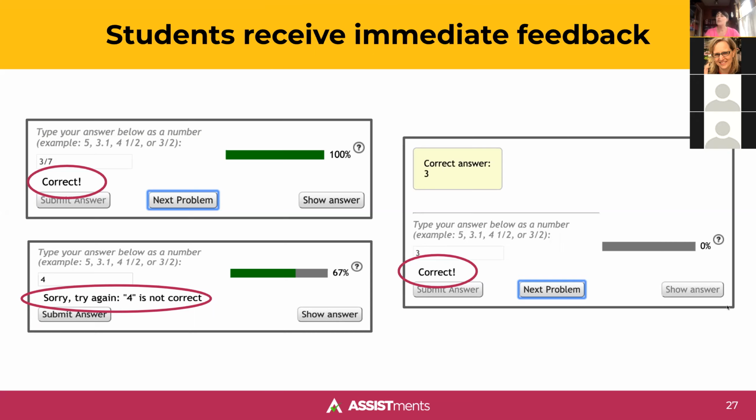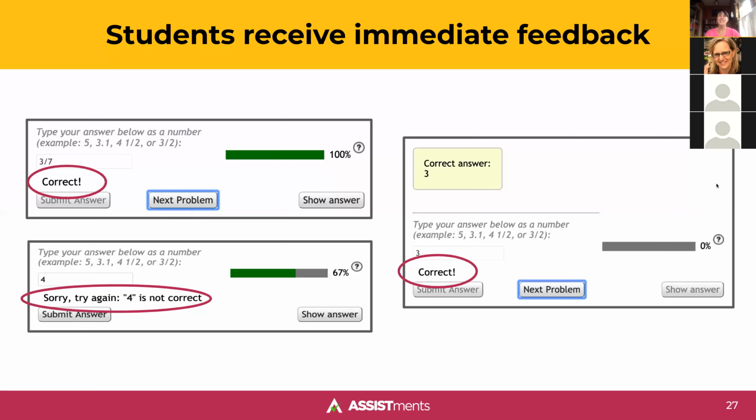And some of you may have noticed that there is a show answer button, and no, you cannot turn that off. The reason is that a student can't move on with the problem set until they've correctly answered the question. So if a student is really struggling and has no idea how to answer a question, the only way they can proceed with the assignment is by pressing show answer. It's going to tell them the right answer, they can plug it in and move on. Their progress bar is going to go right down to 0, and I assure you it's going to be very obvious on the data report who had to press that button,